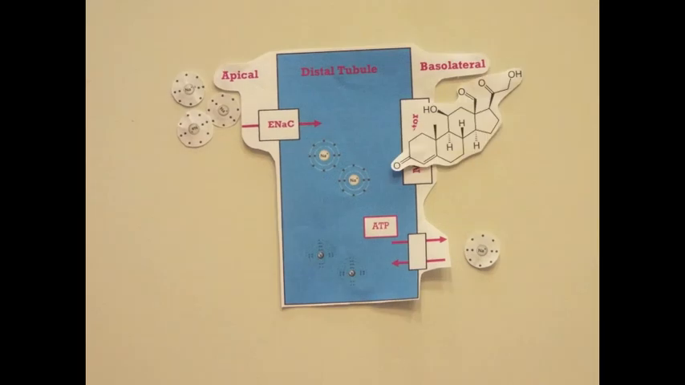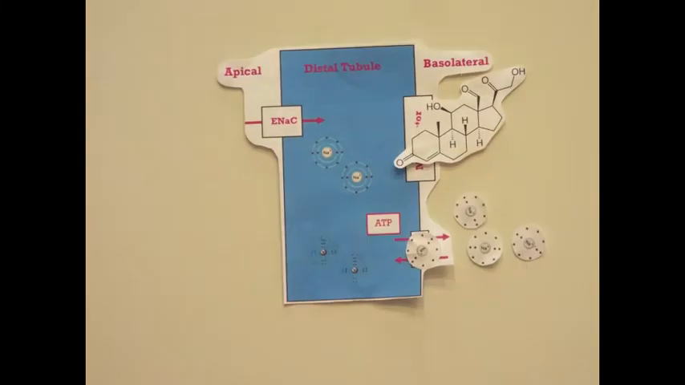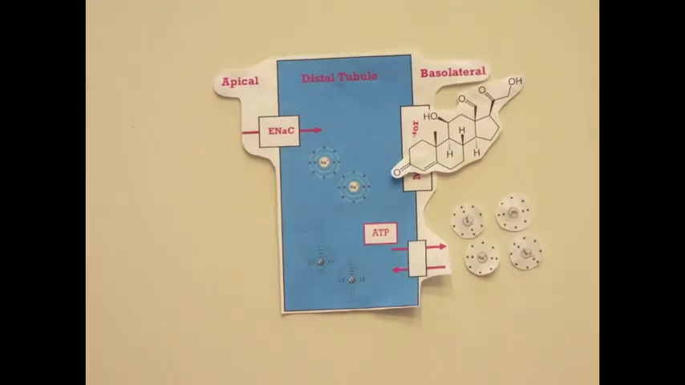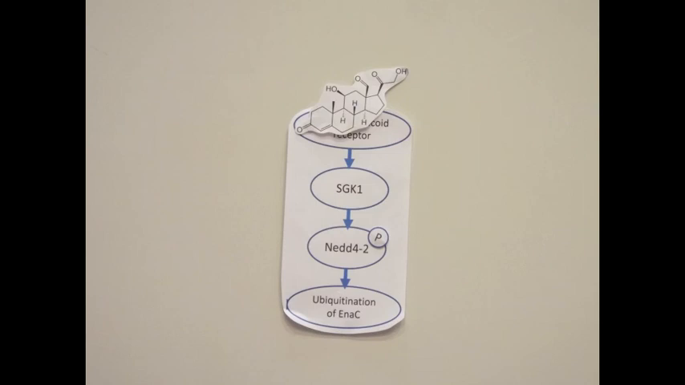It binds to mineralocorticoid receptors and mediates upregulation of the epithelial sodium channels, which causes more sodium to be reabsorbed into the blood. This results in more water being reabsorbed and a higher blood volume, leading to hypertension in primary aldosteronism. The mineralocorticoid receptors mediate this mechanism through activation of SGK1, which is a serine-threonine kinase, and subsequent phosphorylation and